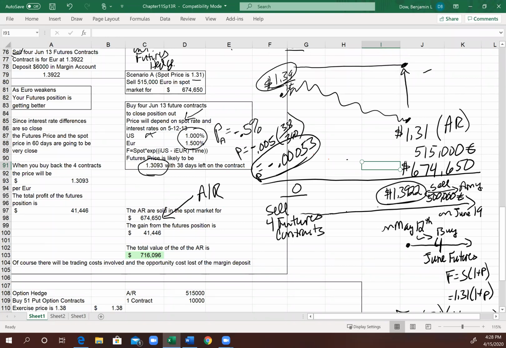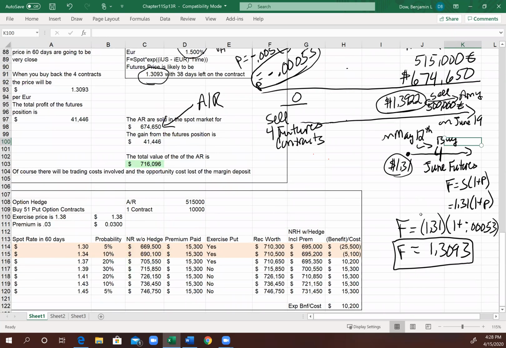And that was a fair price for Amy because that's when that transaction occurred, when the spot rate was $1.39. Now that the spot price is $1.31, we can close out our position by buying back the 4 futures contracts. So we want to buy 4 June futures contracts. That'll zero out our position because we've got a new agreement with Bob